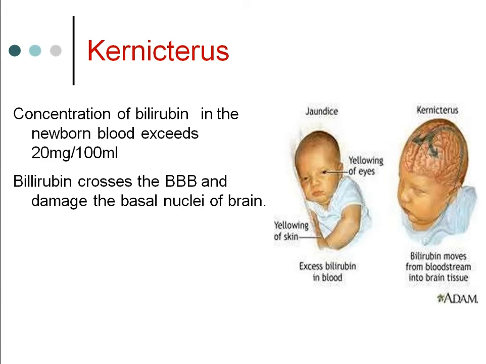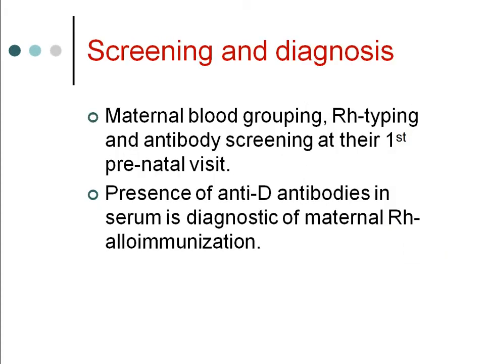yellow, skin is yellow, and if you test the blood, as I said, the child may become hypertonic, lethargic, the brain can be damaged, he may not be able to hear, learning disability can occur, and it can even lead to cerebral palsy. So all this complication can occur because of excessive serum bilirubin, because of jaundice.